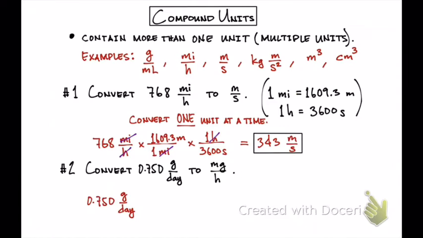And so we can take care of the unit gram first or the unit day. But in this case, we'll take care of day first. So we want day in the numerator and then hour at the bottom. Okay, so you can see how the unit day here will cancel out. So that takes care of the hour. And now we're going to take care of the grams. We can use 1 gram equals 1,000 milligrams,